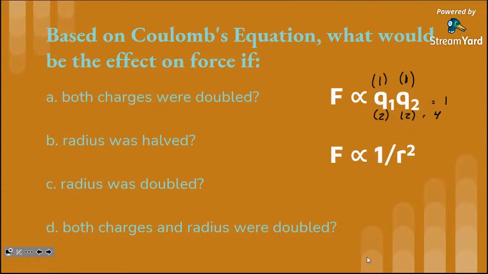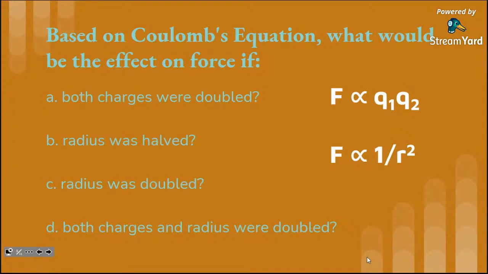Assuming radius stays constant. So doubling both charges, the doubling of one charge causes a doubling of the force, a doubling of the other charge causes another doubling. So altogether, if I double both charges, my force increases by a factor of 4. So that's how we'd use that first